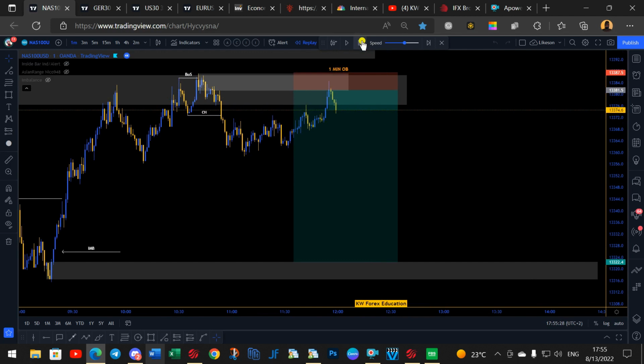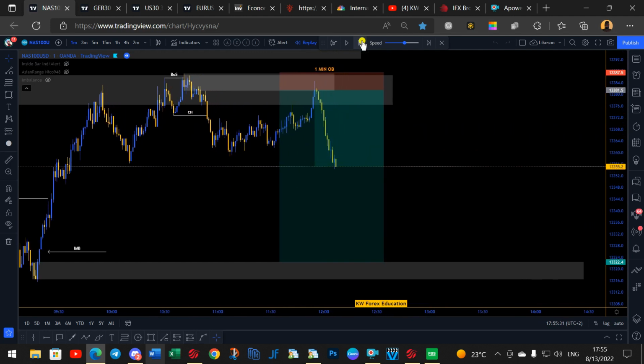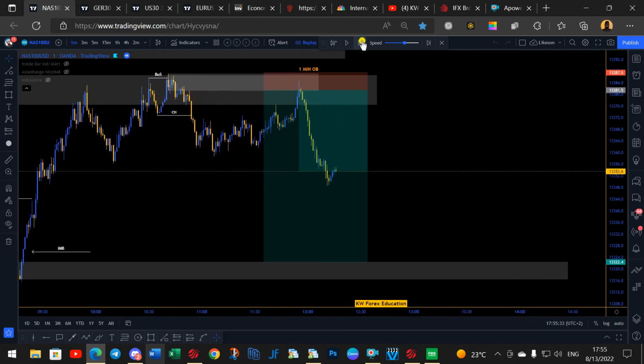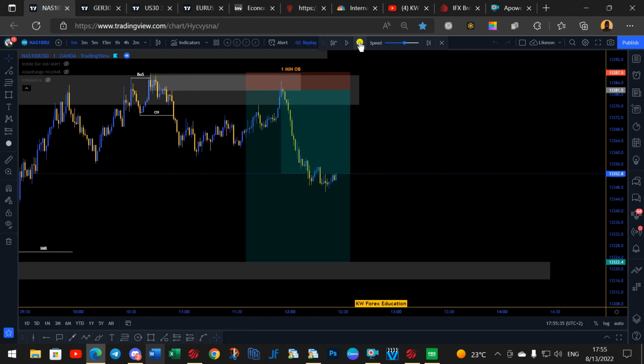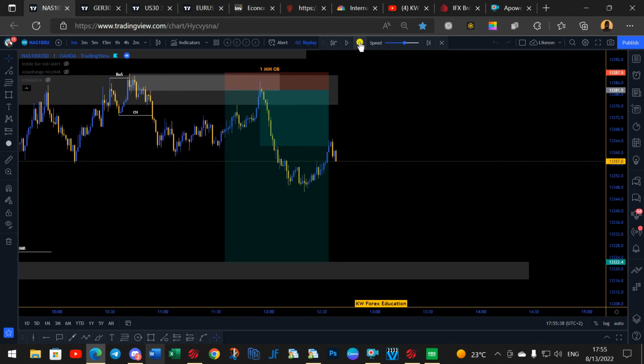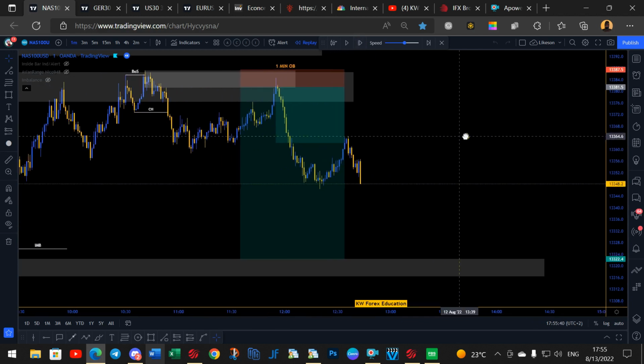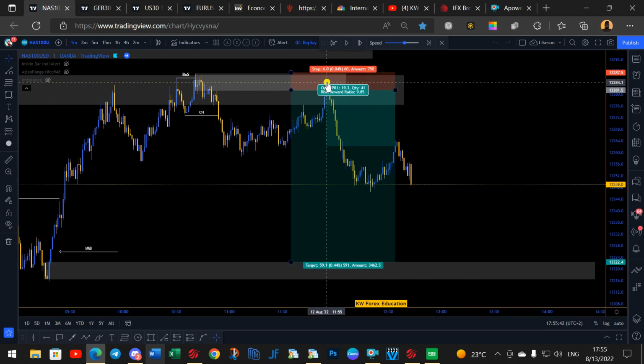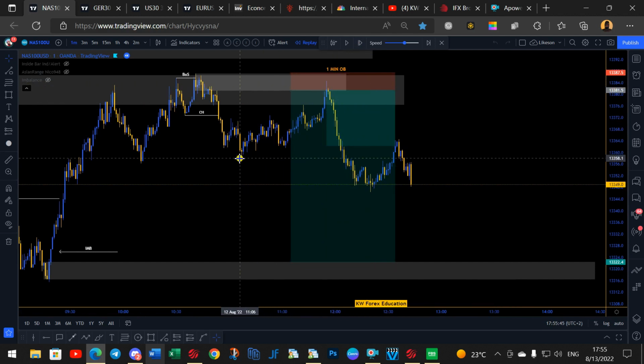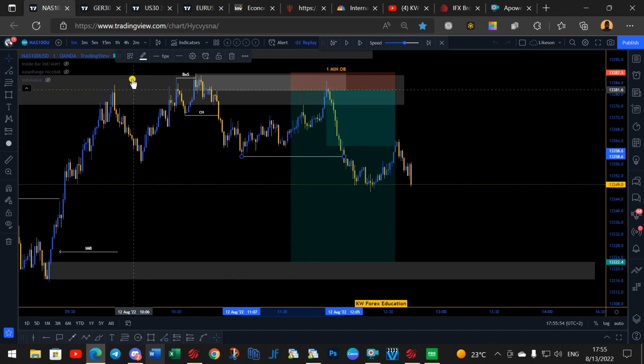So that is where we got that mitigation, and then we just have to hold our trade. Also, around this point, after it gets mitigated there, you see that this was the lowest point before our mitigation, which we would consider a break of structure, right? So when you have a break of structure